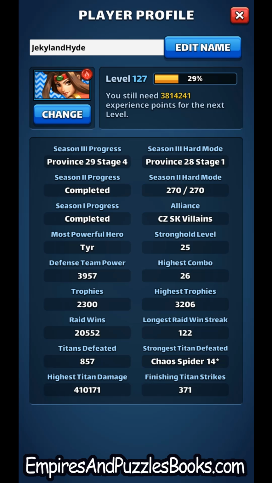So although this says Titans defeated at 857, it was actually 856 because I took this screenshot after I killed the last one when I left my alliance to go do my crazy merc challenge. So I am including that in the 24-hour experience. So I'm going to point out some highlights here. This is the ending balance. I used 50 Titan flasks that I had accrued, and I got up to